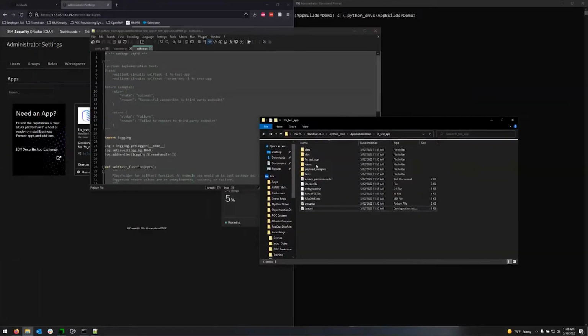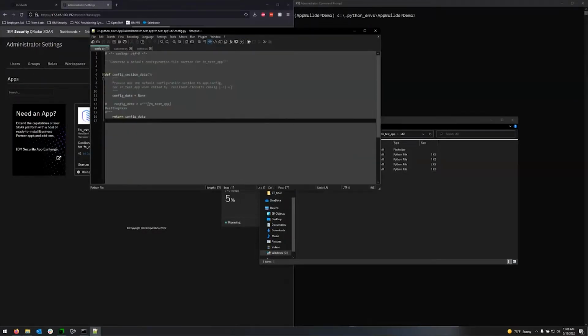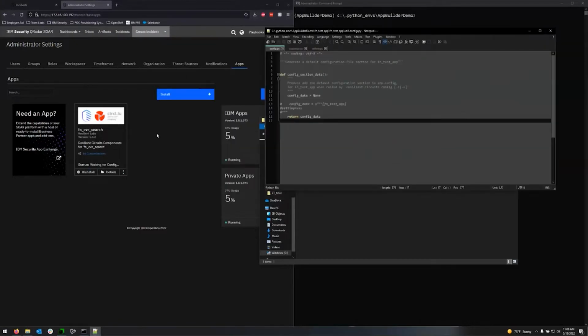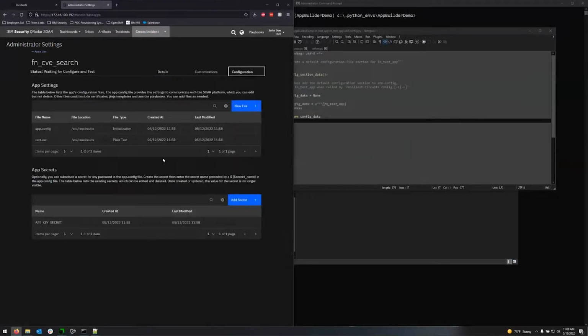All right. If you come into the app itself, or we came down into the app here, we're going to go into where the functions are actually located. But we're going to go into the util section. We've got a couple of files here. The first file is the config file. So when you're in an app like this and you are trying to determine what kind of configuration you're going to need,